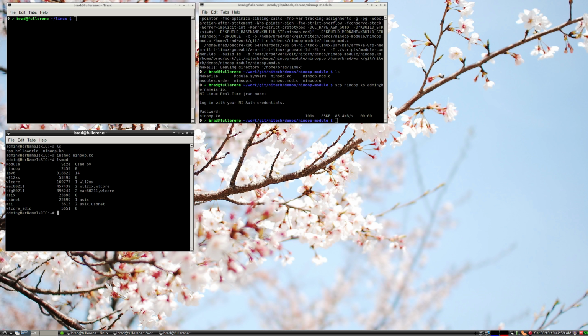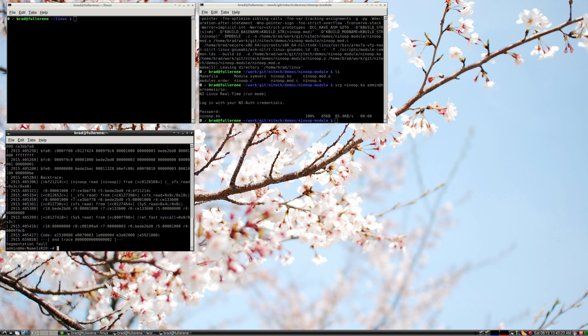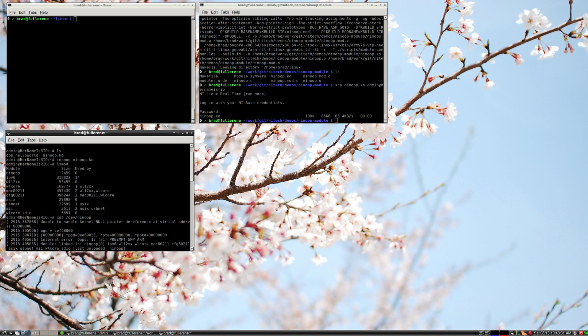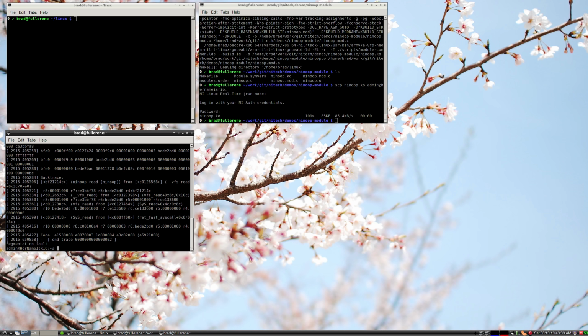What this is going to show is that if there's a particular problem in the kernel, it will actually break into the KDB system in the case where both KGDB and KDB are enabled. So if we attempt to read from dev ni-no-op, what's going to happen is, oops, we see that there was a pretty big issue. Oh, I forgot to actually enable